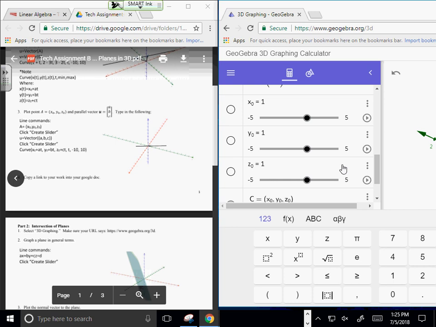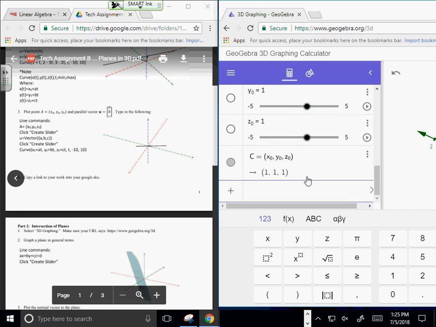So we're working in general terms. It's going to allow you to vary back and forth among your different values. And you could redefine this. It's going from -5 to 5, but if you click on the 3 dots, it'll allow you to adjust the elements of the slider. All right. We want a vector, some parallel vector. You can put in the point ABC, or you can just type it in this way. Either way,